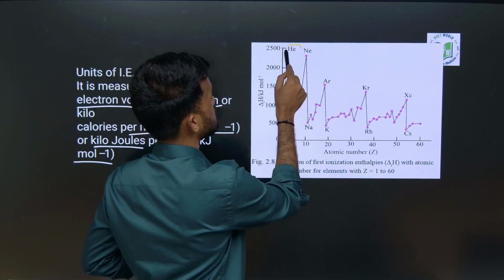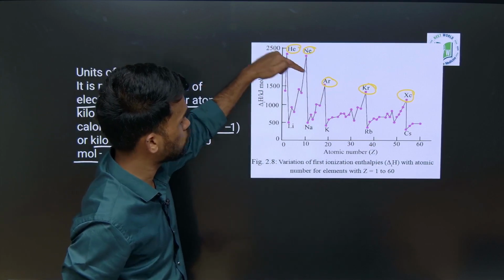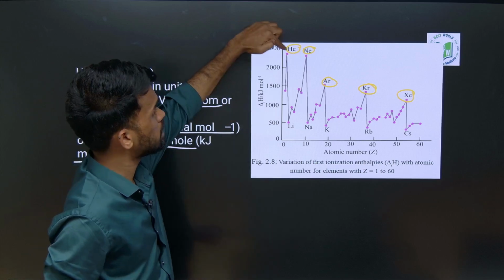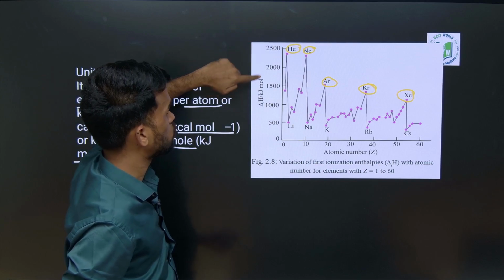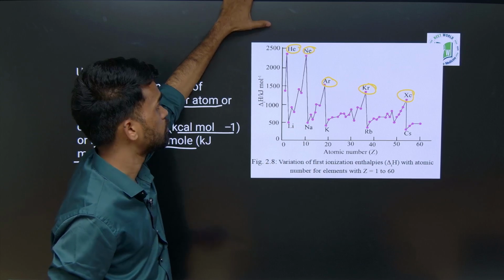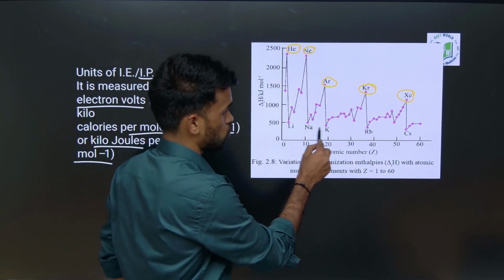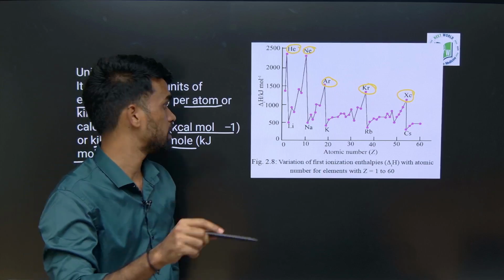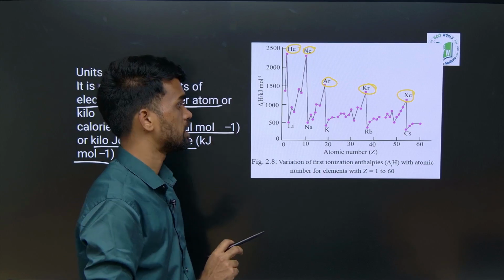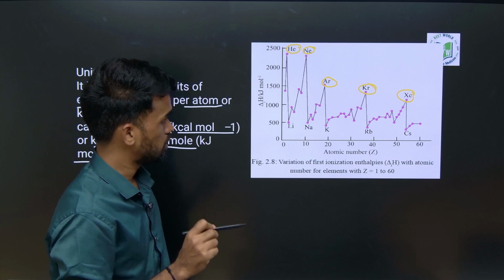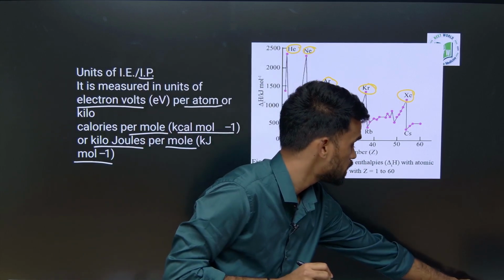See, in all cases noble gases have the highest ionization energies. If we compare noble gases down the group, what happens? It is decreasing. It means helium has the highest, about 2500 kilojoule per mole, and then it is slowly decreasing. So you can compare like that. For first group elements we have discussed, in each period, alkali metals have the lowest ionization energy in their respective periods, and noble gases have the highest in their respective periods. Hope it is clear.